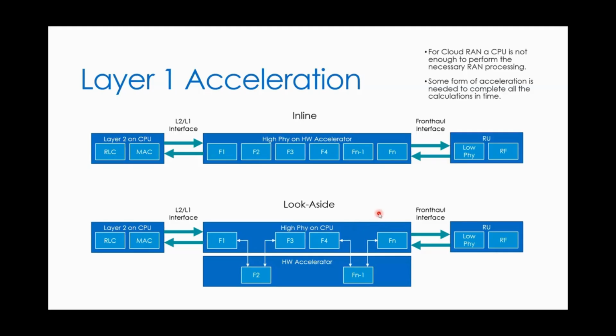Each of them has their pros and cons. Different companies have their preferences. They each make their claims of why a particular way is better, but there hasn't really been a consensus at this point of what's the right way to go. So that's still going to play itself out a bit, but those are the two main ones that you'll see discussed. But again, in general, the point I'm trying to make here is that once you get down into those lower layers of RAN, the processing becomes very challenging in terms of the timelines you're trying to meet and the specifics of it. So moving to that cloud model is a challenge.